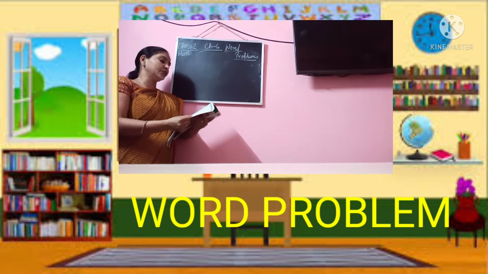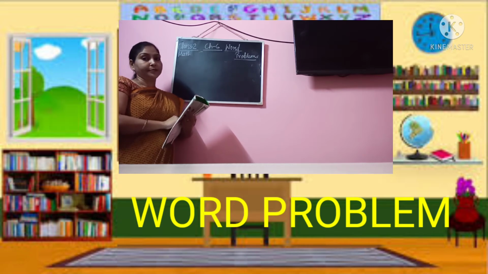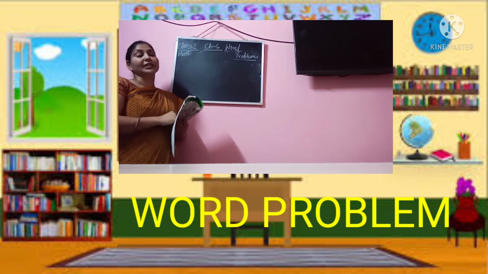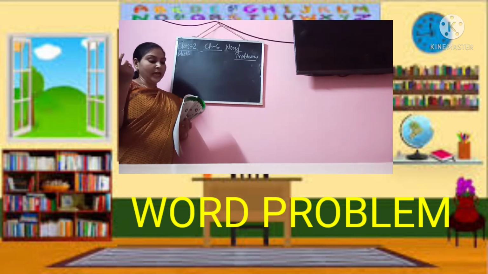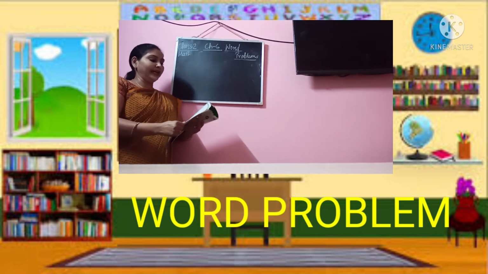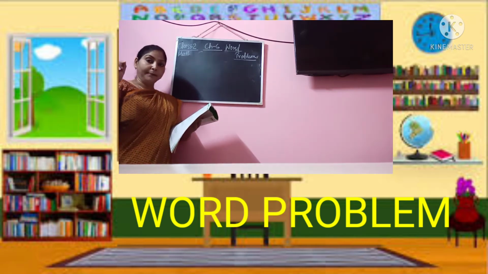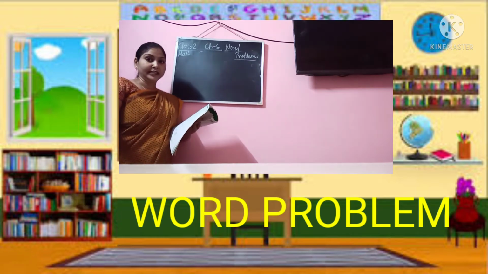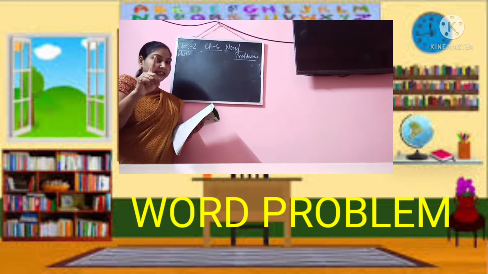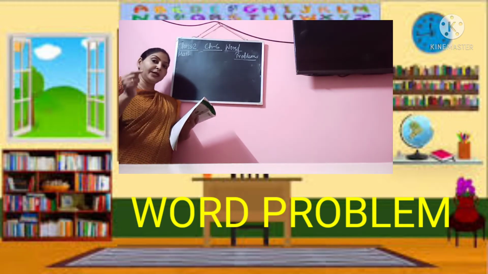Like for example, first question, how many baskets will contain 81 apples? 81 apples means value for many is given. And if each basket contains 9 apples, so how many baskets will contain? That means for keeping 81 apples, how many baskets you require if in one basket 9 apples are kept? So what you will do? Here also you will divide.